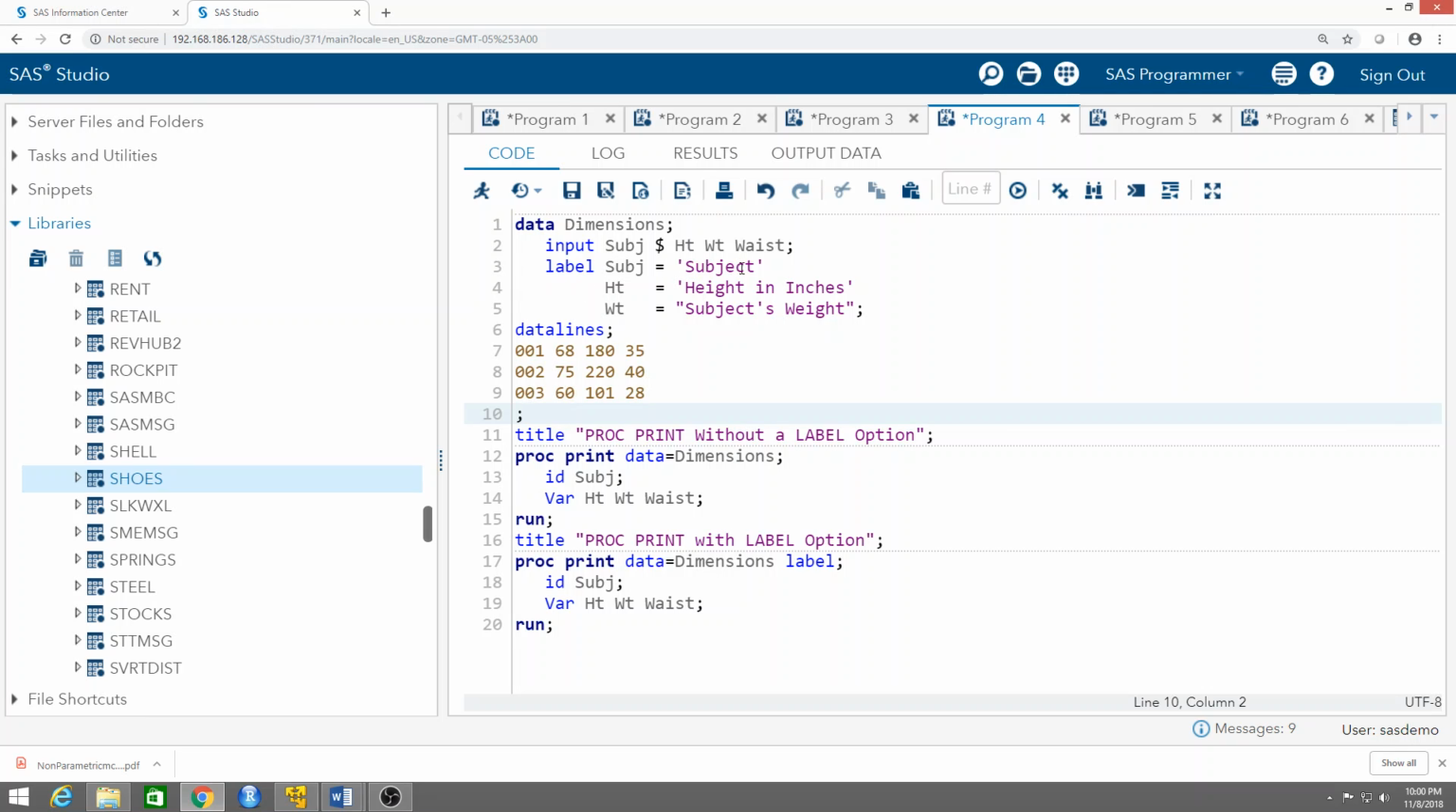SUBJ, we label it as subject. Okay, HT, height in inches. Those are going to be the labels applied to the variables. WT, subject's weight. Okay. Now, if I run proc print ID subject 3 variables without doing anything else, I will